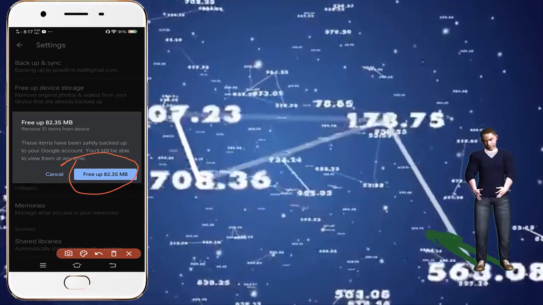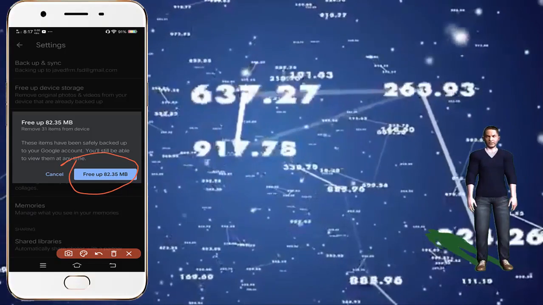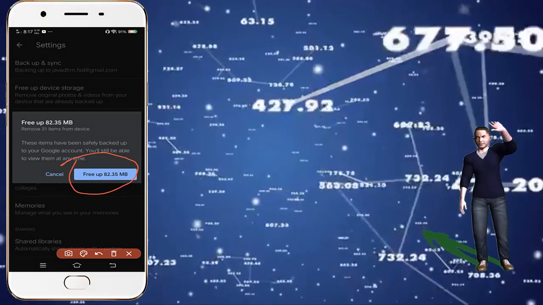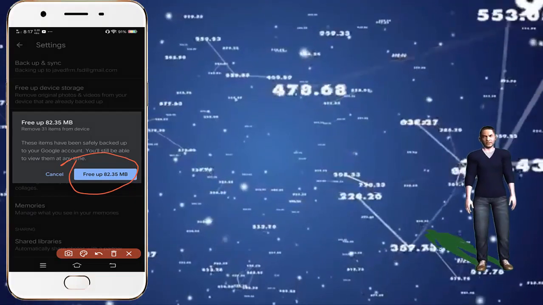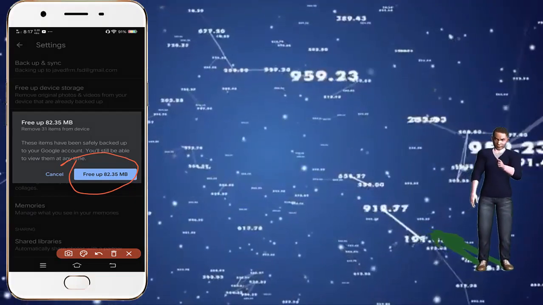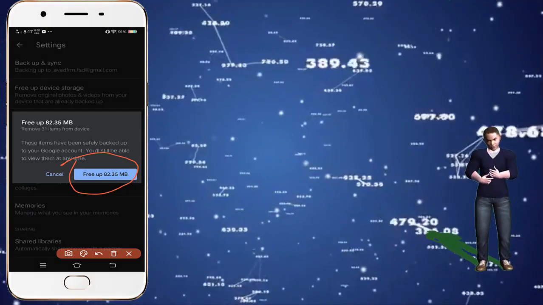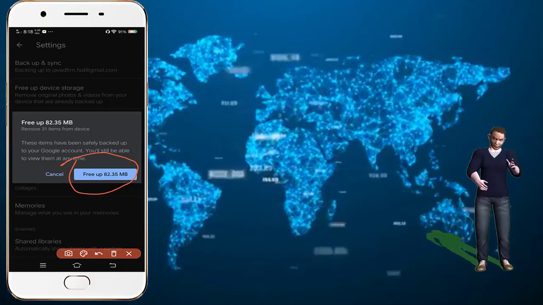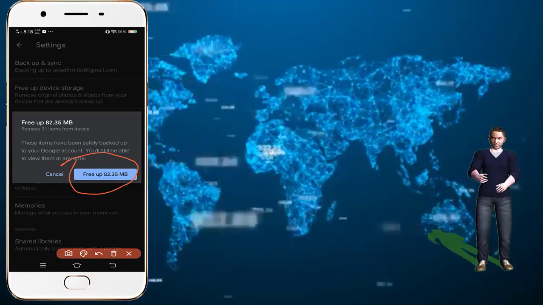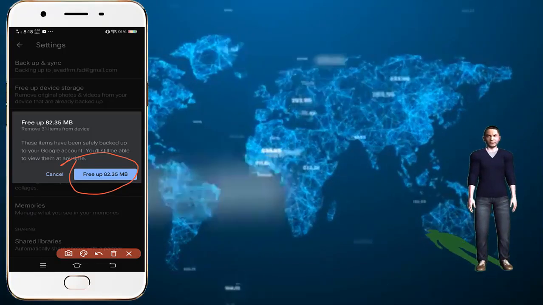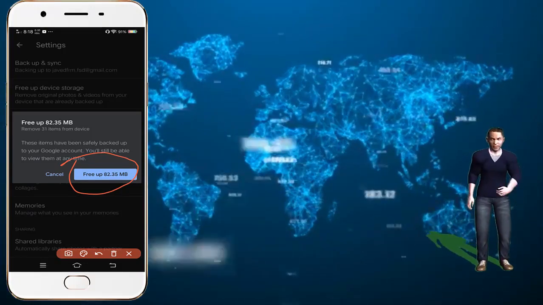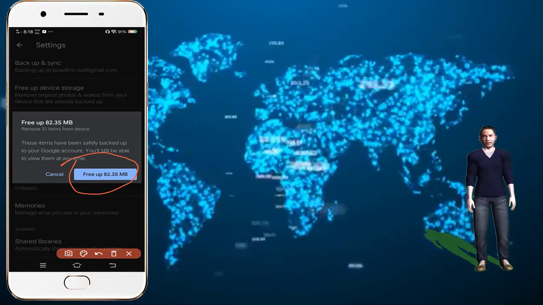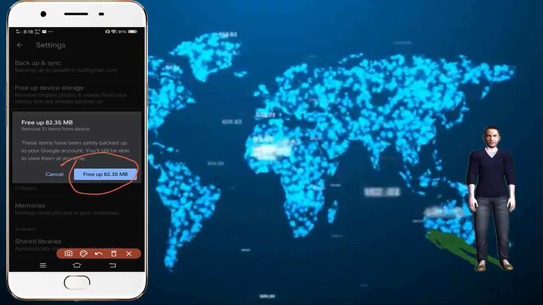These are all pictures and videos that I captured recently, and Google Photos created its backup, and now it's asking me that I can free up space from my mobile, and whenever I want to see these pictures, I have to retrieve them from Google Photos. So in this way we can use Google Photos as an external device like an SD card, etc.